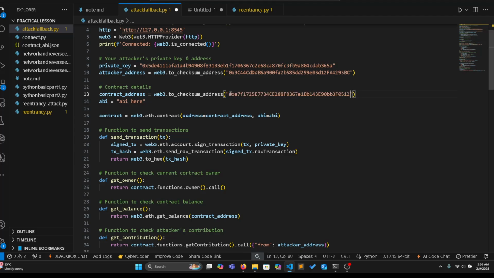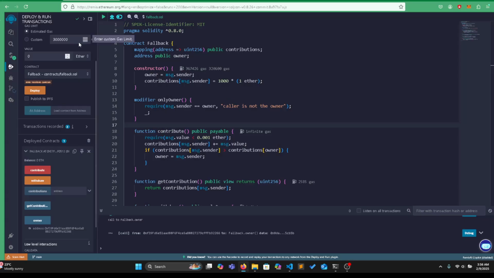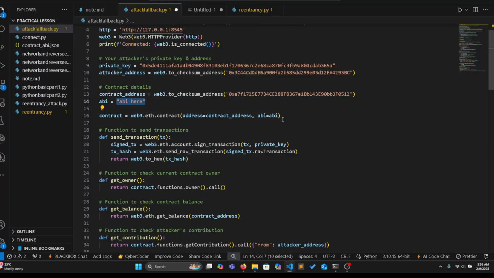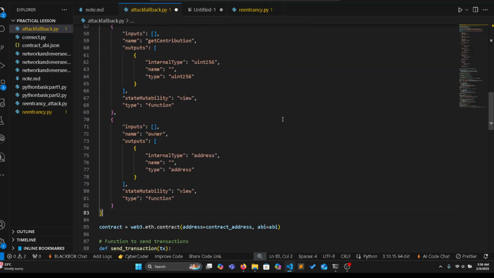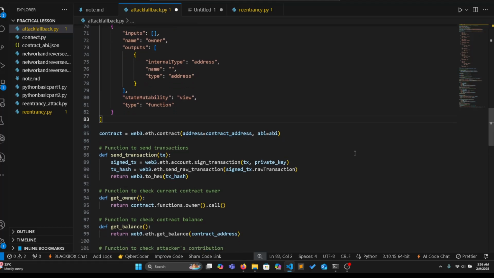Okay, and we are going to paste it in the API key. Where we get the API key is: just click the compiler and copy the API key here. You can save it in JSON format, but I'm just pasting it directly here. So we are going to add the contract in the contract address and API, and we are going